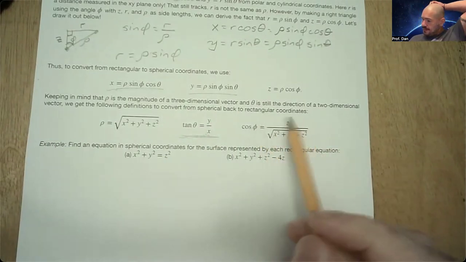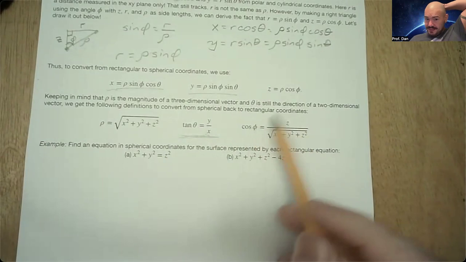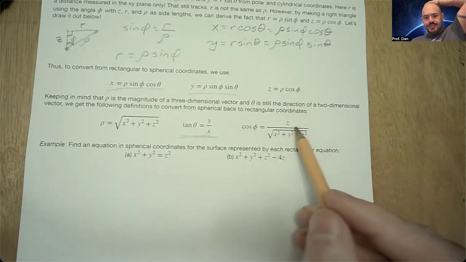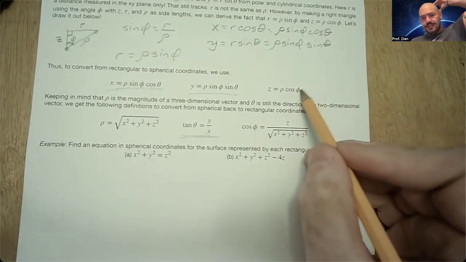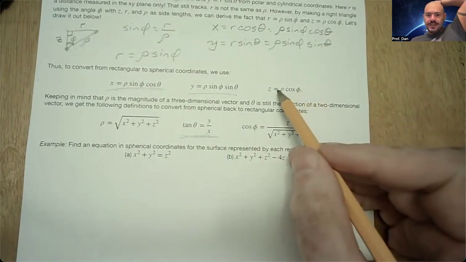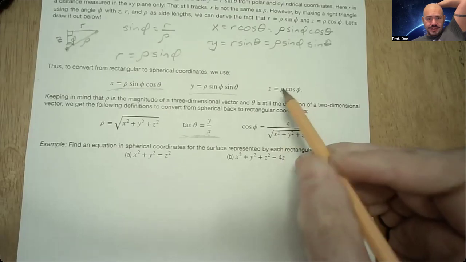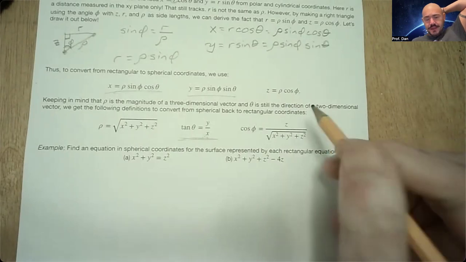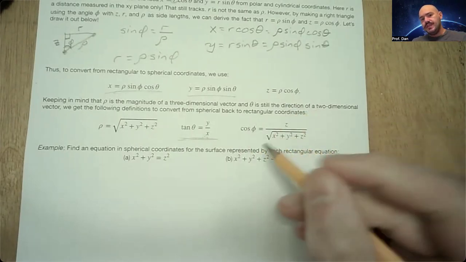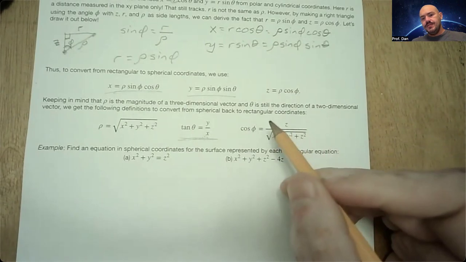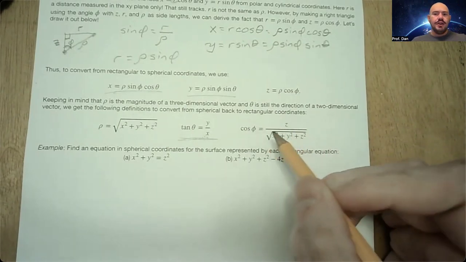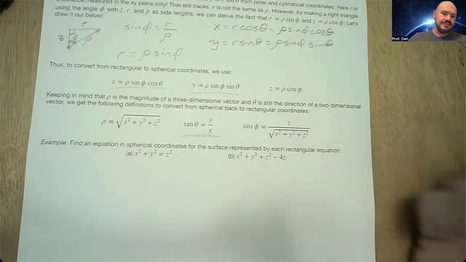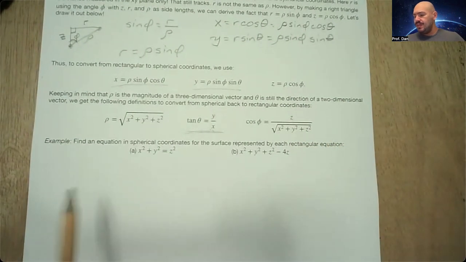With phi, though, you could actually get this conversion factor by just solving this equation for phi. If I divide both sides by rho and I replace rho with what it is in terms of x, y, and z, then I get this equation, cosine of phi is equal to that. So to get phi by itself, I would need to take arc cosine of the right-hand side. Okay, so with that,